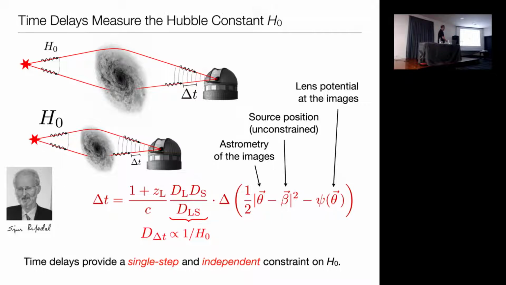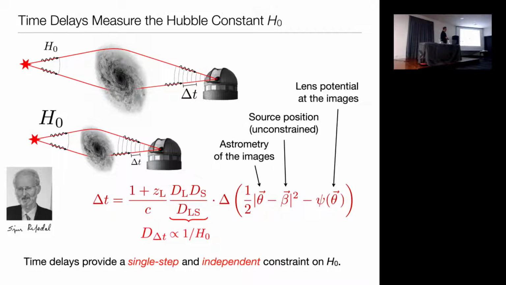And this is inversely proportional to H naught. Then you have angles, essentially the geometry of your lens system, and that's the potential well of the lensing galaxy. So the goal is to measure the time delay and the redshift of the lens,